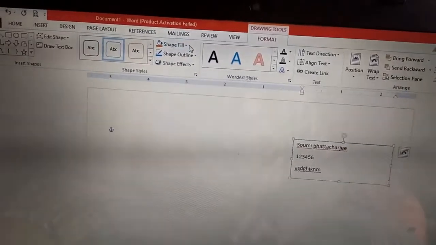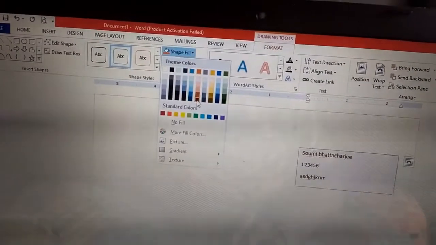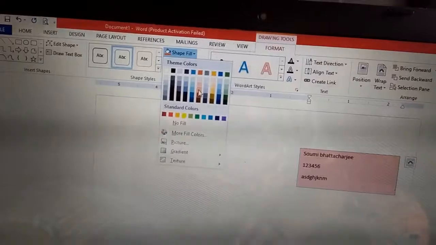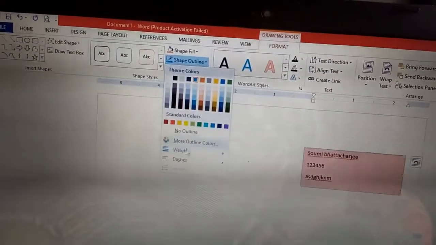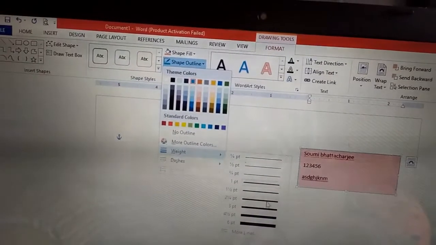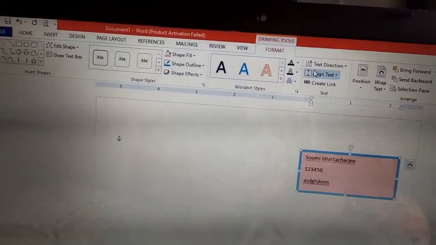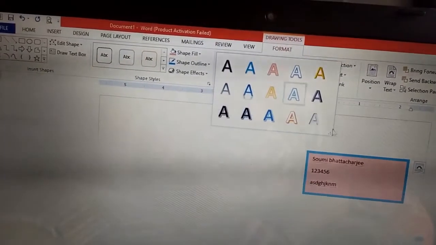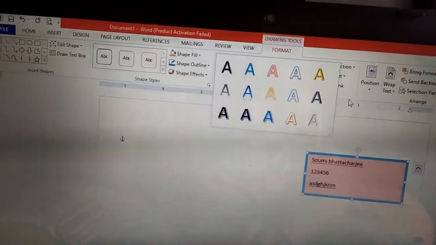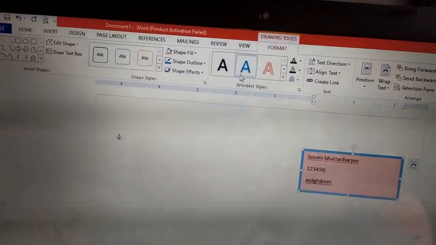You can give the shape fill, that means the background color. Shape outline also we can give. You can give the text different styles.